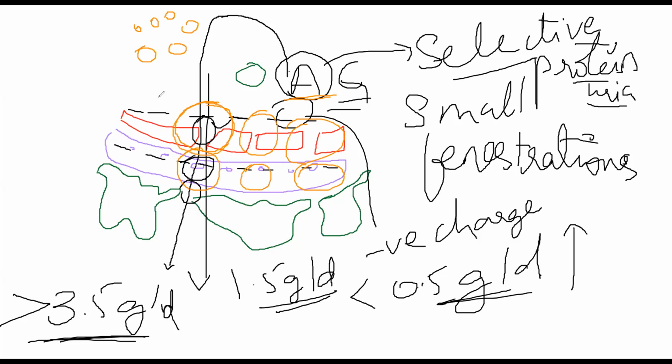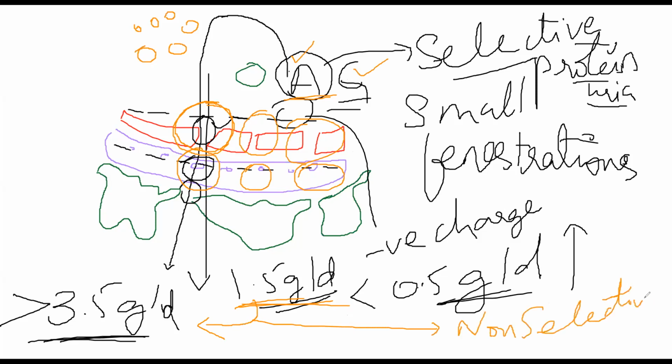If larger holes or larger fenestrations are formed, both albumin and globulin will be lost. In both of those conditions, this 1.5 grams will start going towards 3.5. A lot of protein will start being lost. As a lot of protein is being lost, this condition will now be called non-selective. One second, let me just type it down, it will be easier.